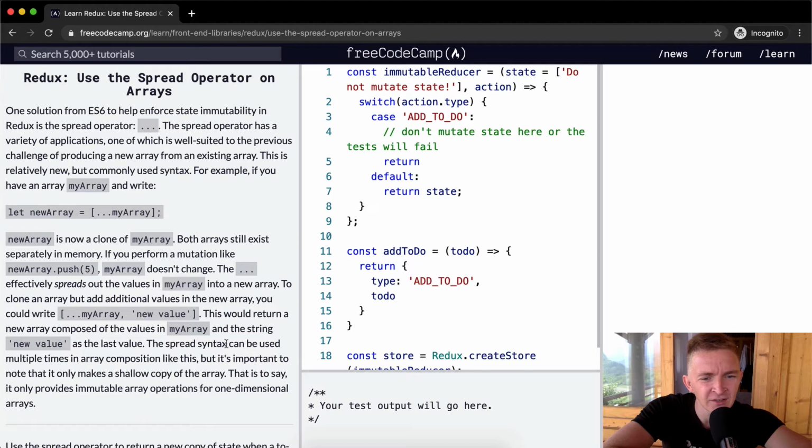The spread syntax can be used multiple times in array composition like this, but it's important to note that it only makes a shallow copy of the array. That is to say, it only provides immutable array operations for one-dimensional arrays. What does that mean? It means if you were to have an array that went like this,